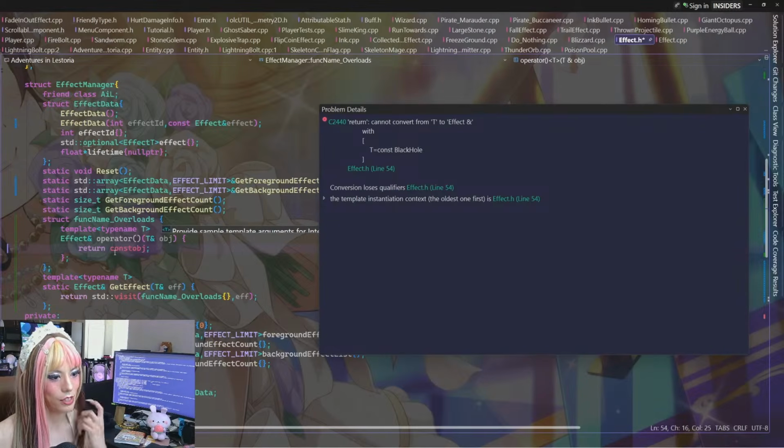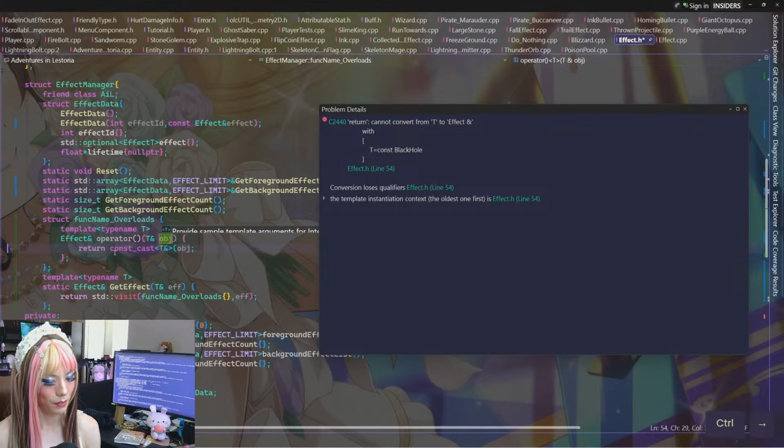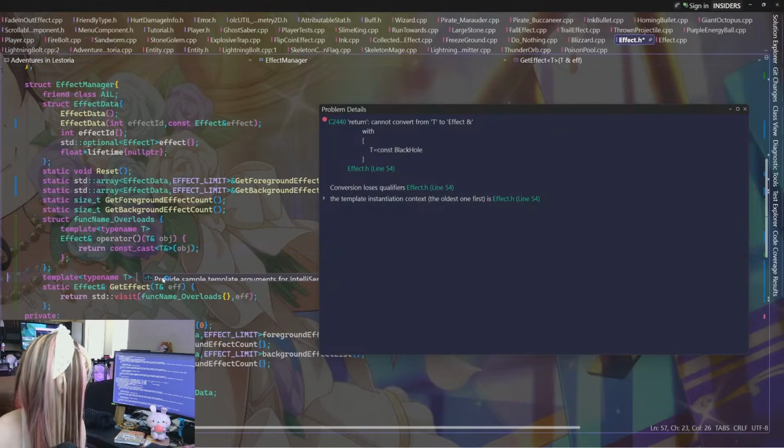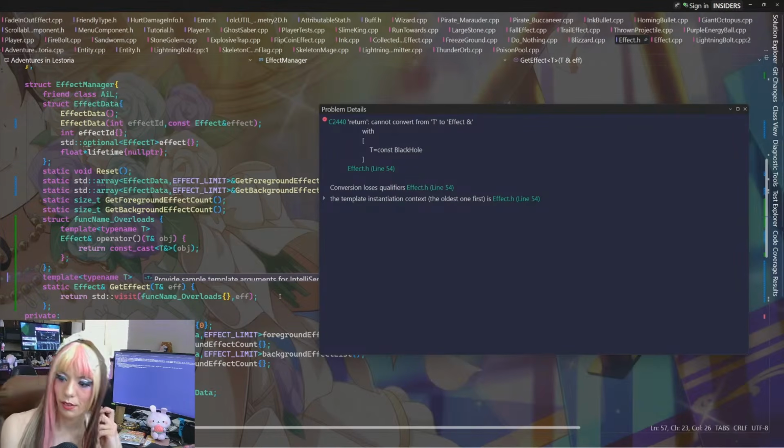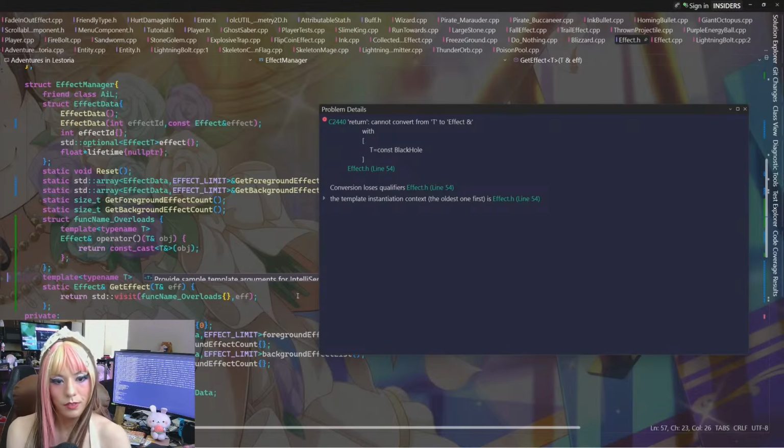I don't feel like it should be... This should be an issue, realistically. It's weird that it doesn't say reference either.